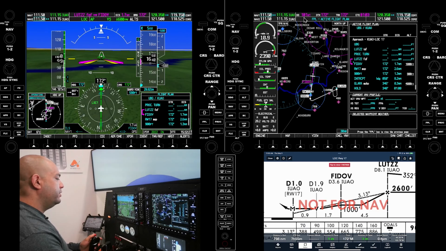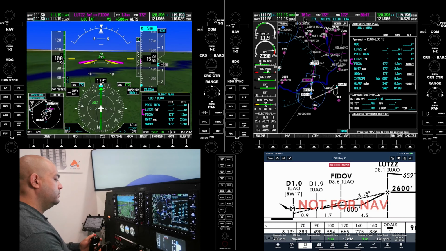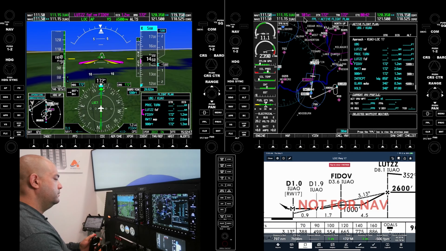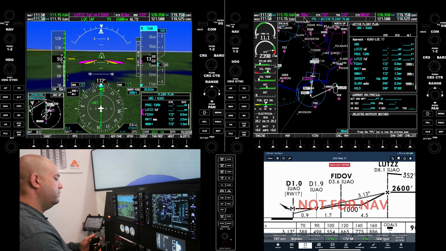We have 600 feet to go. And I'm going to reduce the vertical speed to 500 feet a minute. 1,000 minimums. One mile, 400 feet to go for Fitbo.